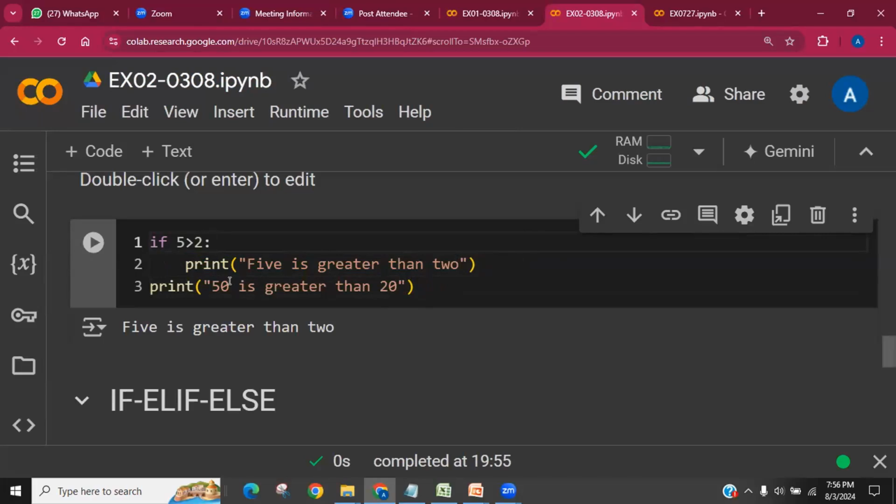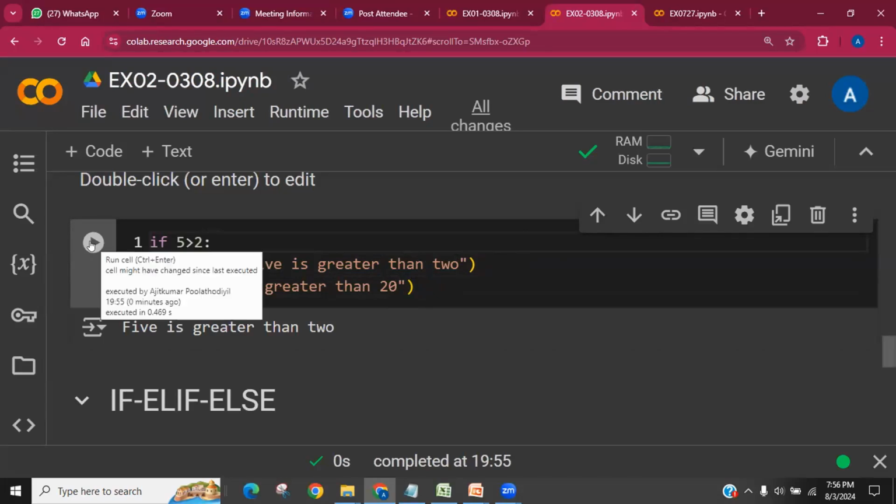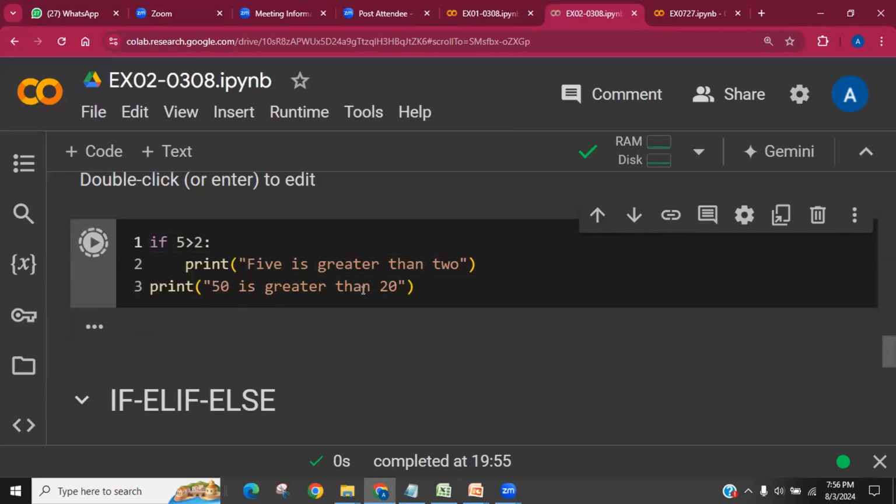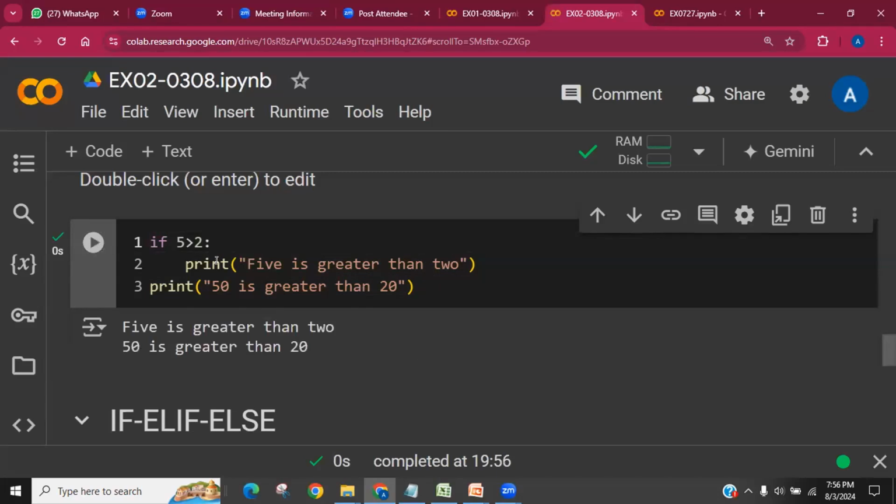Okay. So are you able to get the if condition? Yes. Yes, sir. Okay. But here, if you see this, what happened is the scope of this if condition is up